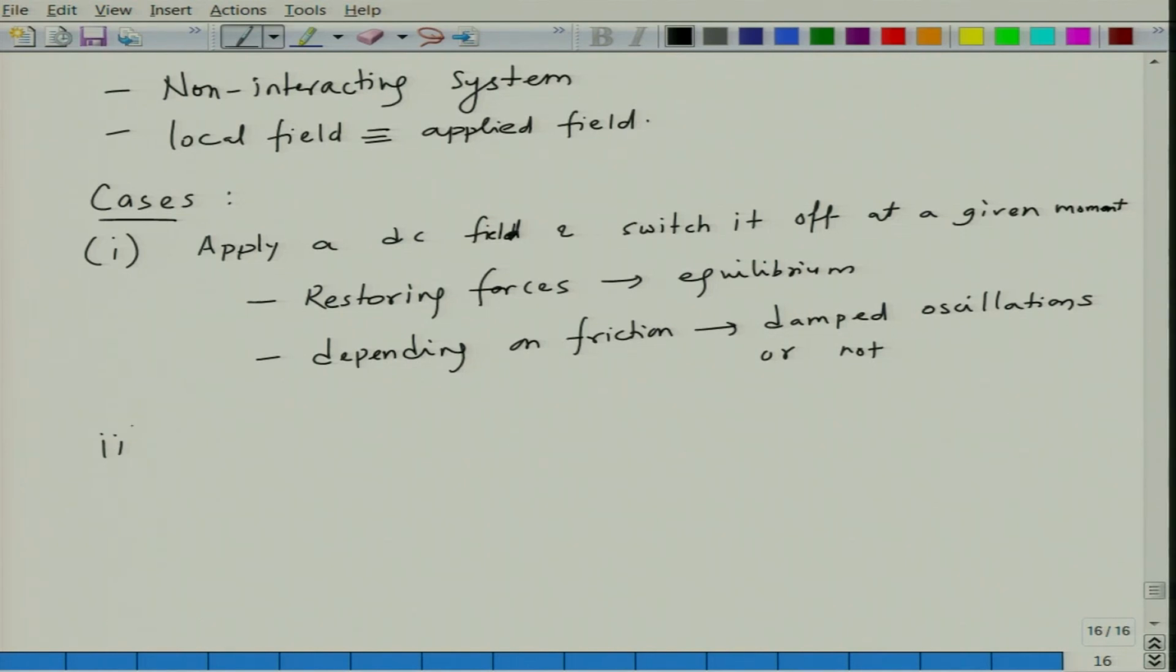And now, the second case is when the field E is equal to E naught exponential of i omega t, a sinusoidally varying field. If you have a field which is sinusoidally varying, then it is likely that the displacement will also vary sinusoidally. So, the x displacement is also expressed as x naught exponential of i omega t. If you ignore the transient terms,